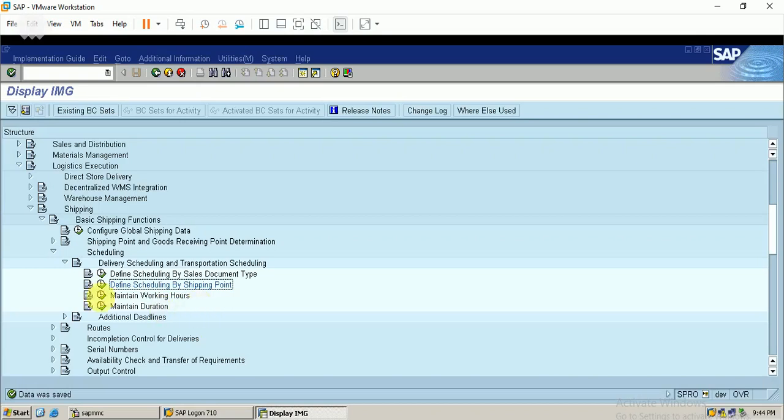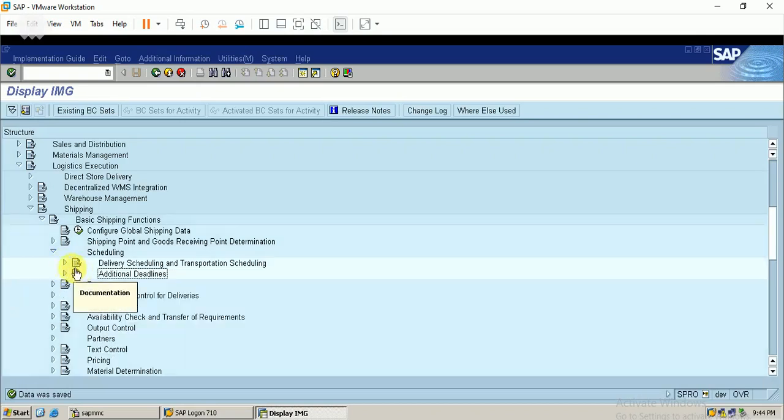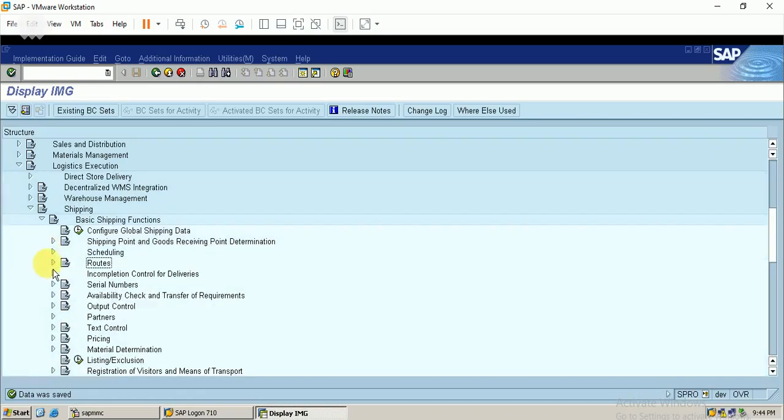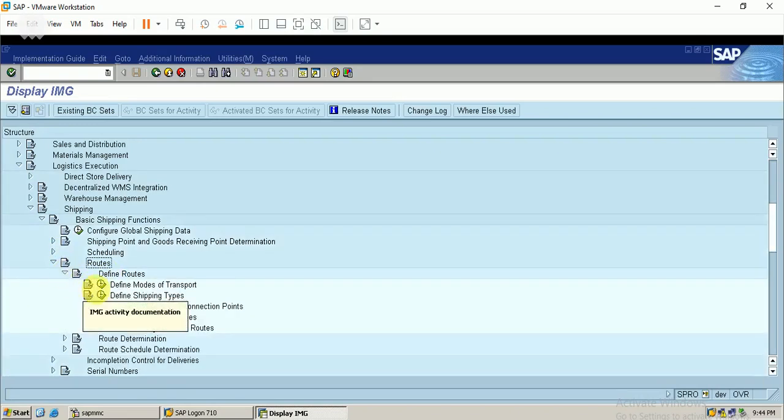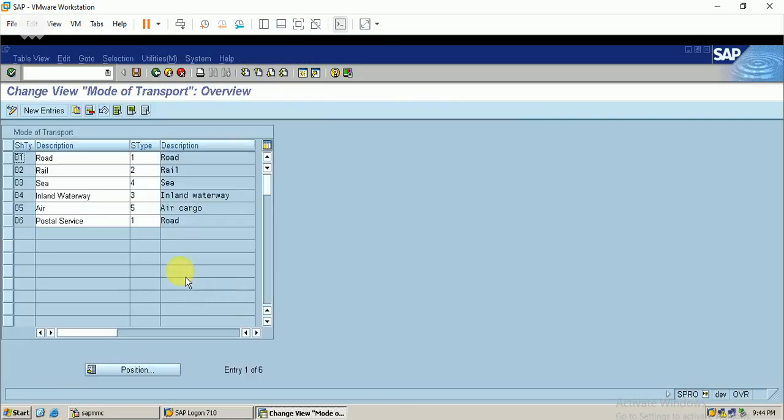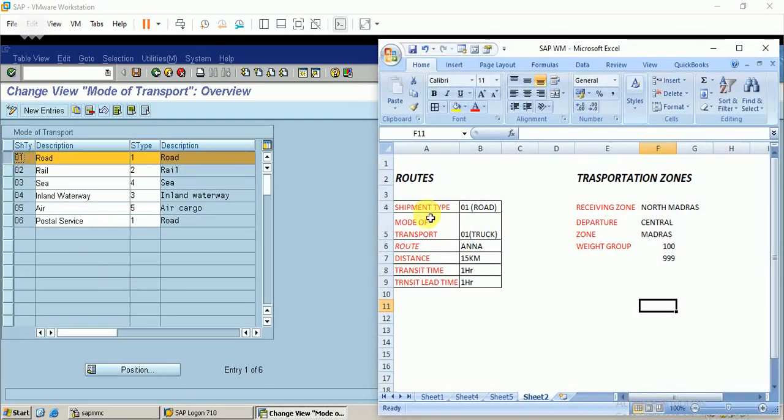Just close this and move on to the routes. Define routes. Define modes of transport. We can define a new one, but I'm just making use of the entry that is available in my SAP. See, I've entered here: the shipment type is 01, that is road.